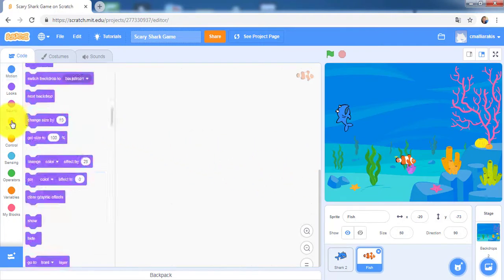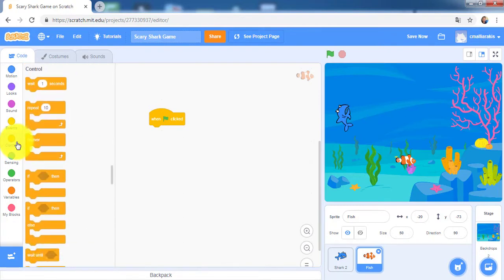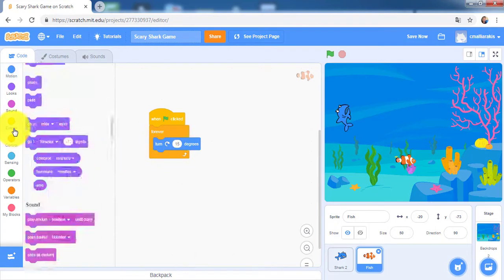So I will tell my fish that when the flag is clicked, then forever. Go to control, forever, then go to motion. I would like to turn, but not 15 degrees. I would like to turn, and I will use